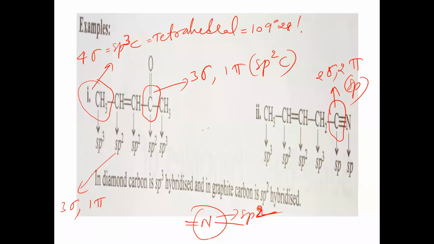Suppose you take a carbon like this, with a double bond on the right side and a double bond on the left side. If both sides have double bonds, then how many sigma bonds? Two sigma bonds, one on either side, and two pi bonds. So two sigma and two pi bonds indicate an sp carbon. The carbon with a double bond on both sides will contain two sigma and two pi bonds. Therefore, we have to take this as an sp carbon. So this concept we have to understand. These are all examples of identification of the type of hybridization on each carbon atom in a given organic compound. Okay?